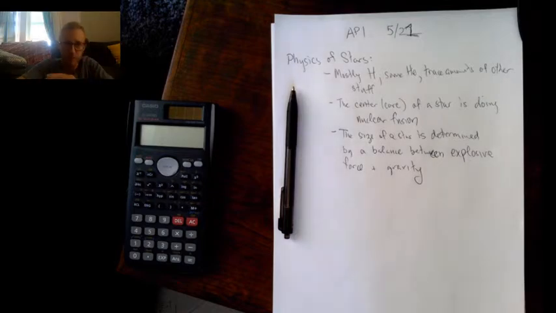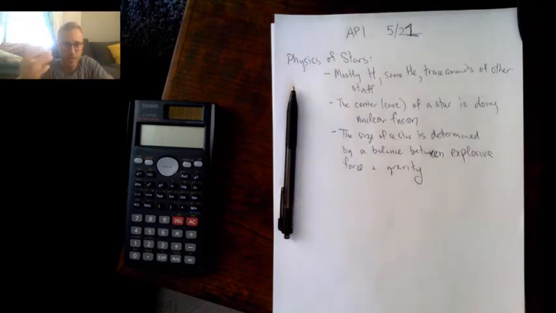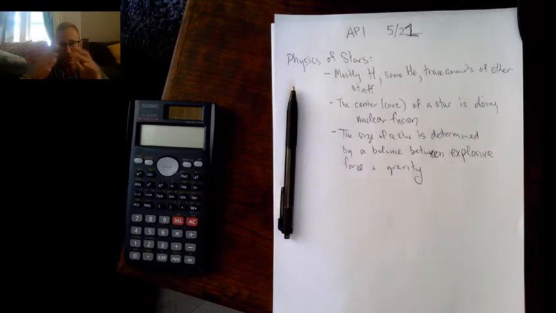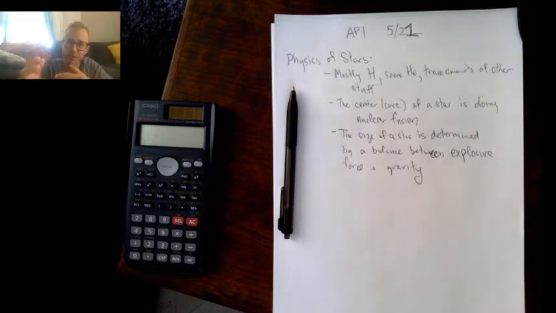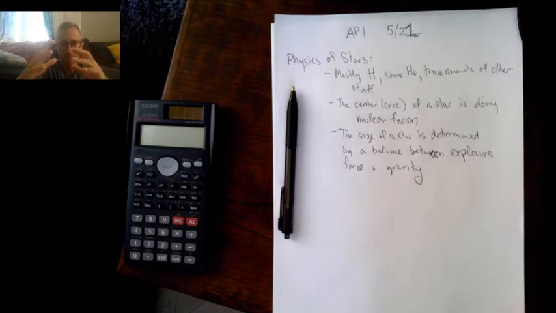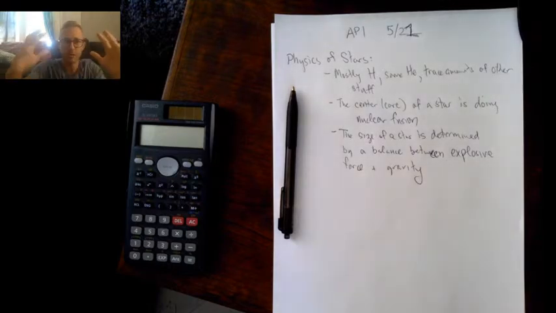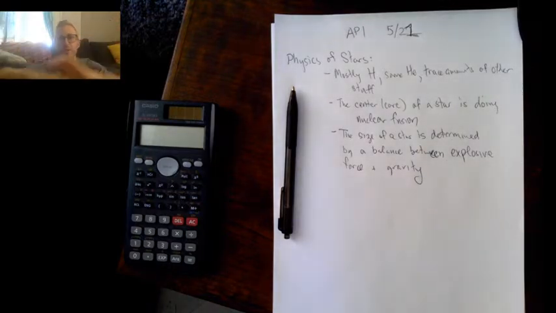For example, if the interior of the star became less explosive, then gravity gets the upper hand and the star will shrink. Now, of course, if the star shrinks, the interior gets hotter and you get more fusion, which will halt the contraction of the star. If the star becomes more explosive in its core, then the outside of the star gets bigger. So it's a balancing act between these two.